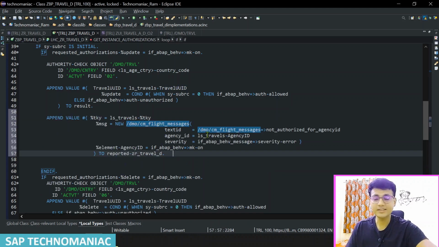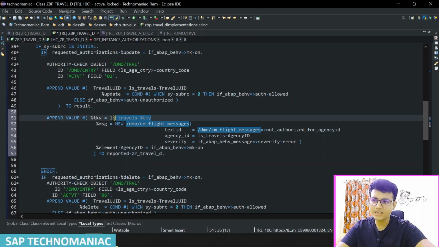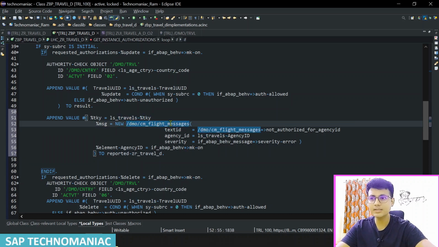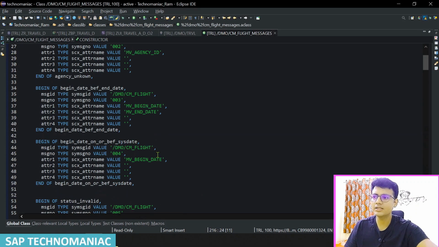So I quickly wrote it. Basically what I did, I appended the entry again. We should not fill the table here because we have to append multiple entries in this one. So we pass the transactional key. We have to pass the message object for the error that we have created. Using this particular message, we can say exception class, which is a standard exception class, which I have shown you in my previous video also. Basically it is an exception class which is inheriting, let me show you quickly, which is inheriting from the